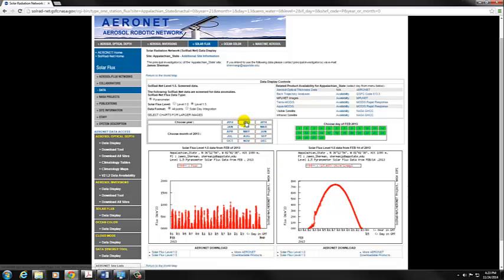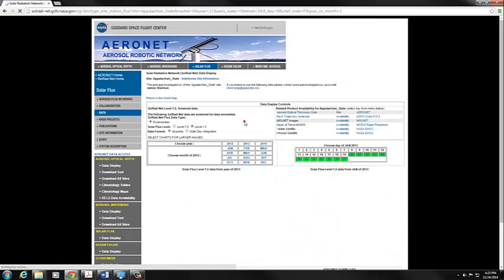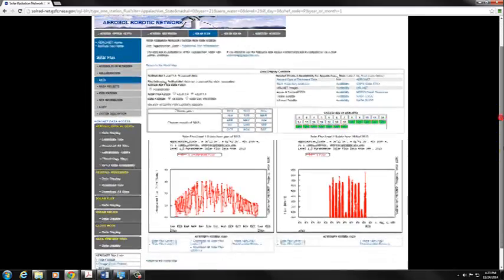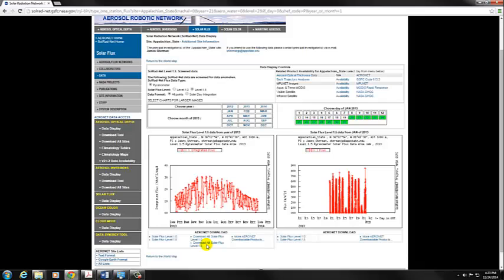If I want the whole year, I can click back and go to 2013, and now you see an option which says download all solar flux data of level 1.5. This will give us the entire history of data since the pyranometer became operational. So let's click on this one. So we download the data,